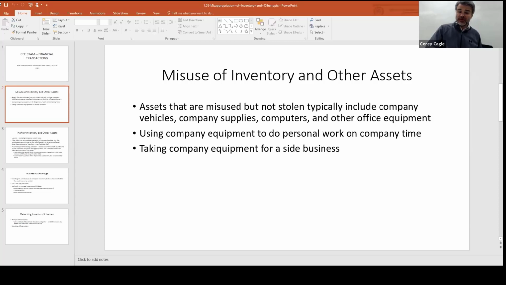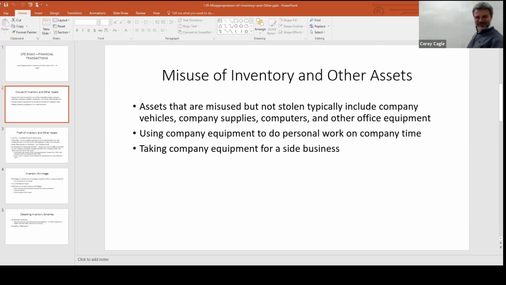You can use company equipment to do personal work on company time, right? You may work for a lawn landscaping company or something. You might take some of that equipment to your house and do a little landscaping. Oh, was it on the review thing? Yeah, it was something about you work for a lawn company and you mow somebody's yard on your street and you take it to your house and mow your yard.